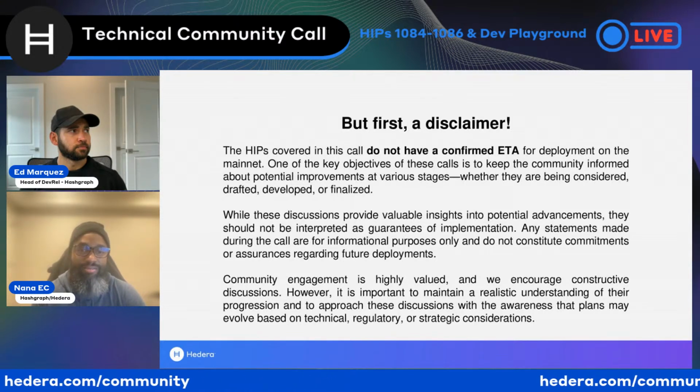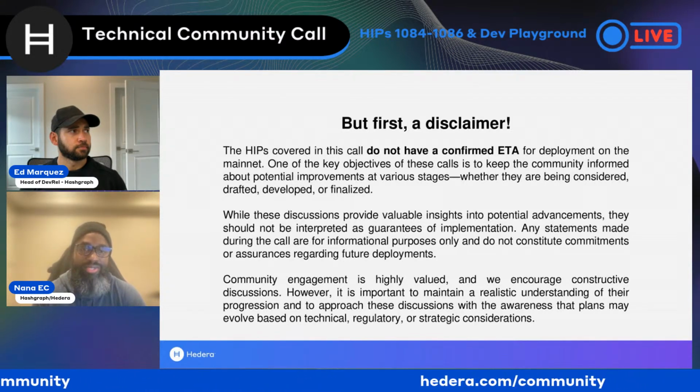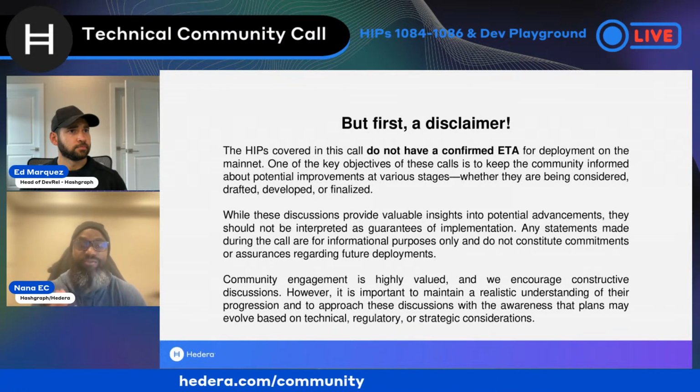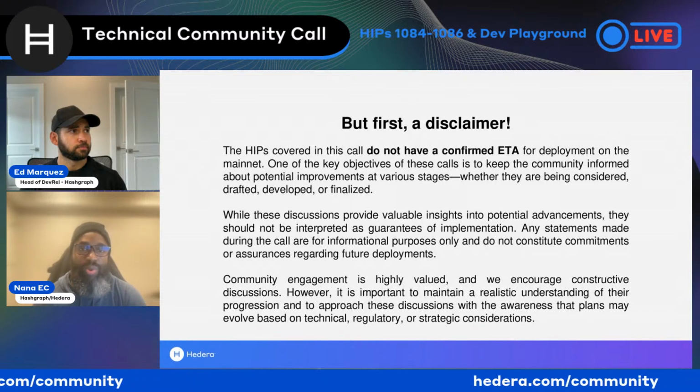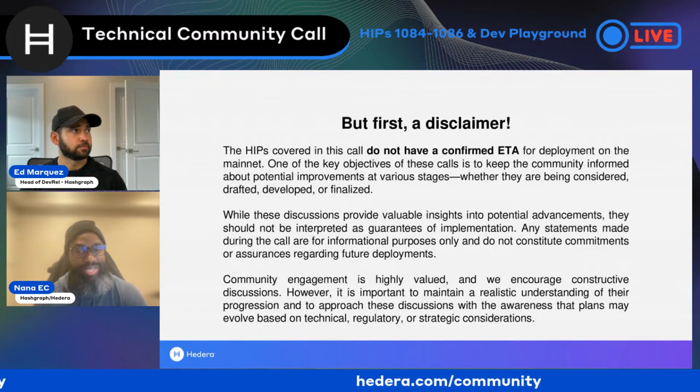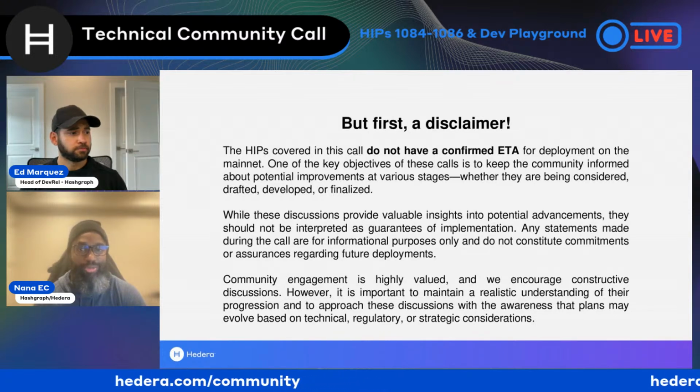You guys might have better solutions or other ideas, and we take that into account in discussions. So the final form of these HIPs may not be as presented. I don't know when it will go to mainnet or testnet, so I just want to say that, not to give anybody any false promises.